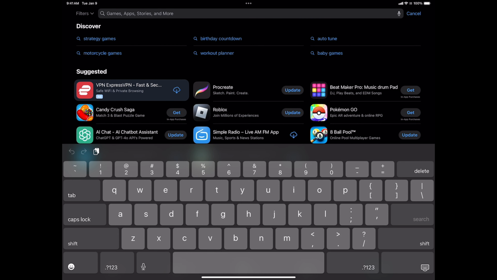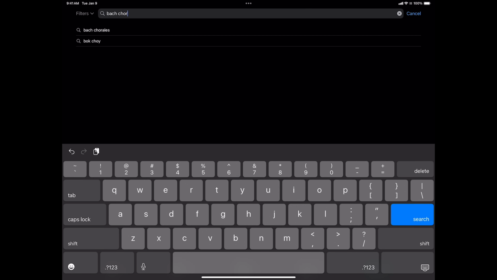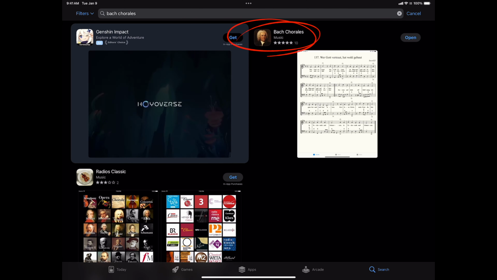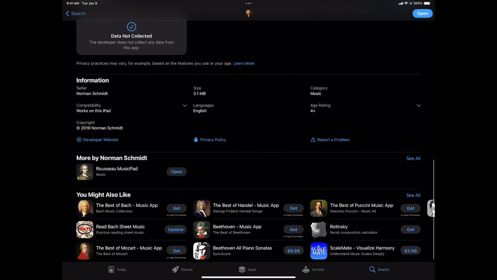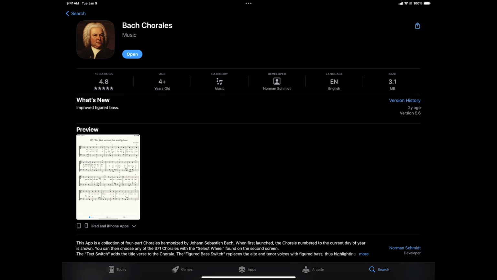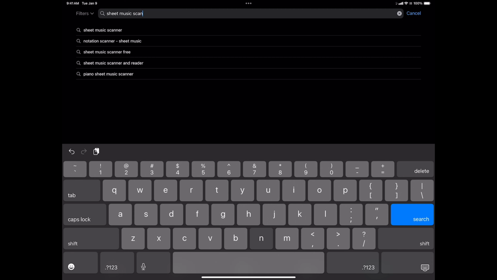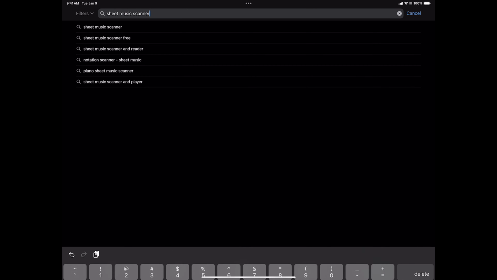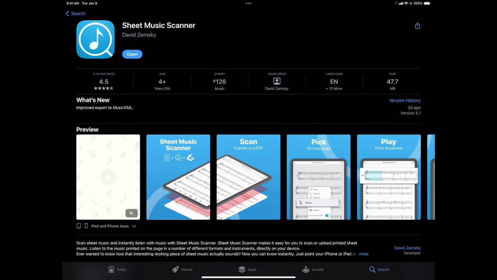Okay, so here's the App Store, and I'm going to search for Bach Chorale. And there it is. And here's the app on the right. Now this one's free, and it's great. So you're going to download this. All right, next is Sheet Music Scanner. Now this one is a paid-for app, and let's see. So if we scroll down,